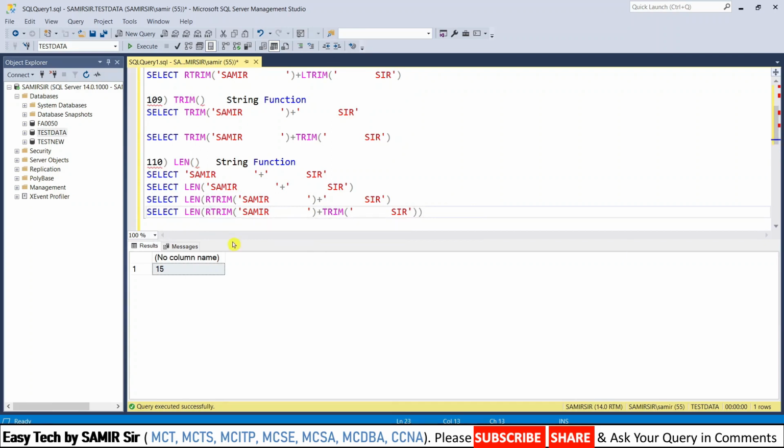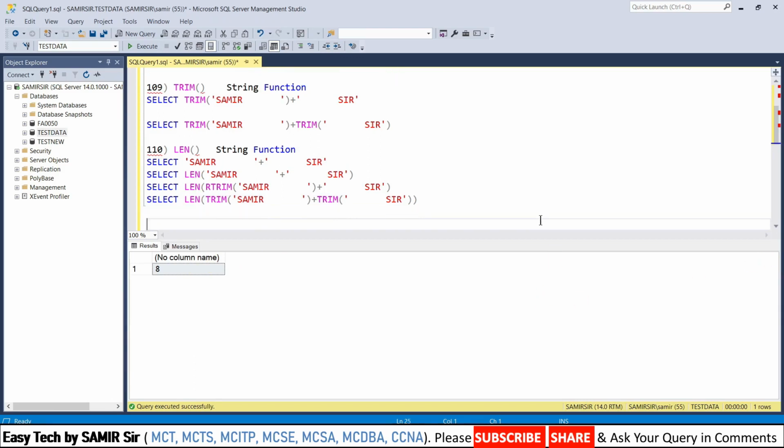Here also I can use the trim function, there is no issue. And now if you check, it will be 8 characters. It has removed the left-hand side. The trim function will remove space from the left-hand side and right-hand side both at the same time, so it will remove all the leading or trailing space. The word Samir, after removing space from left and right-hand side, is 8 characters. S-A-M-I-R, 5 characters, 6, 7, 8. So this is how the len function will work. Okay, fine. Now the next function is